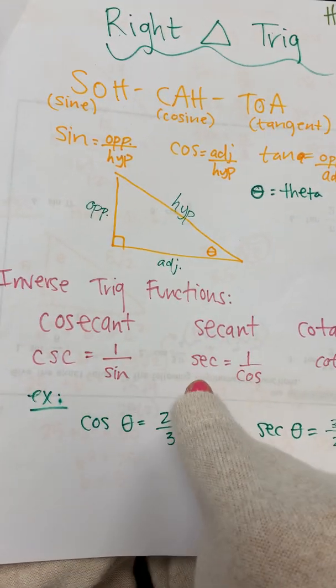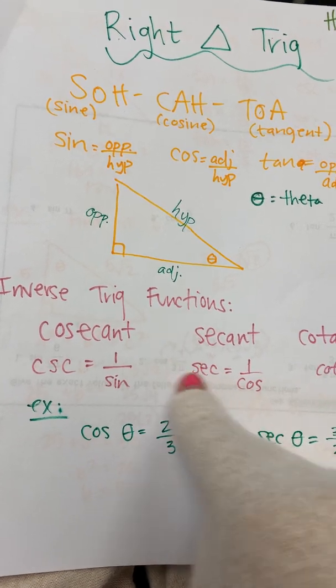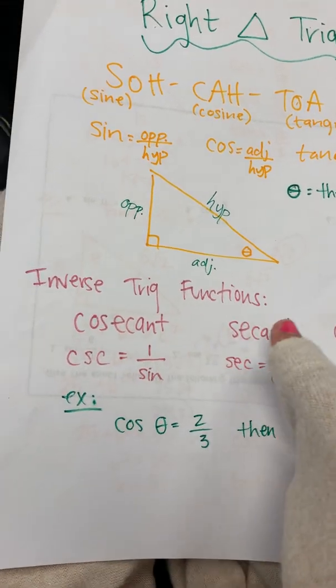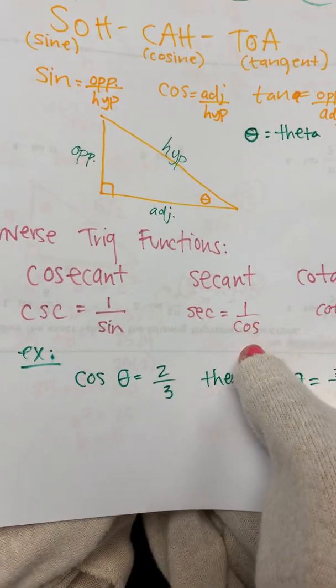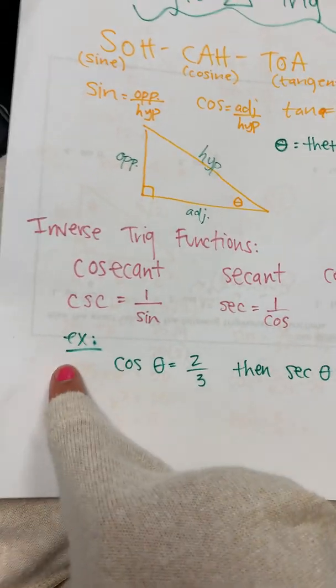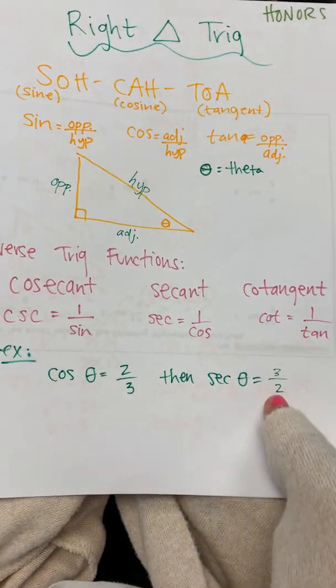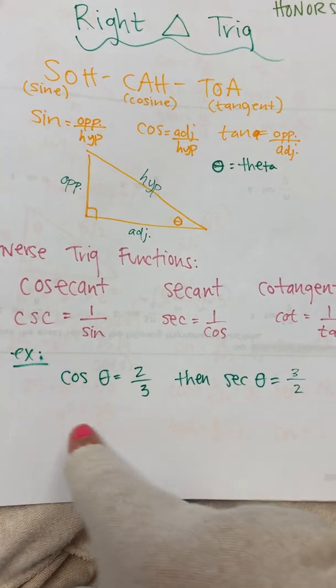It would be better if secant was the flip of the sine, and cosecant was the flip of the cosine, but it's not like that. We got to confuse you. So cosecant is the flip of the sine, secant is the flip of the cosine. Let's see this example. If the cosine is 2/3, the secant would be 3/2. So if they're asking you, which no one really does, it's just something I thought I should make sure you know,